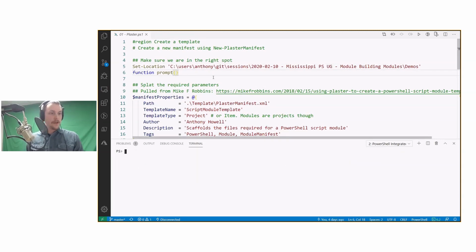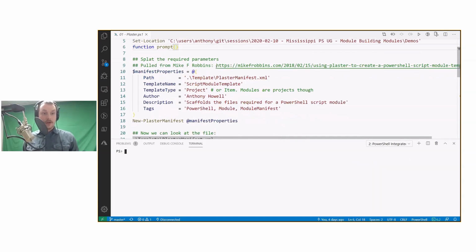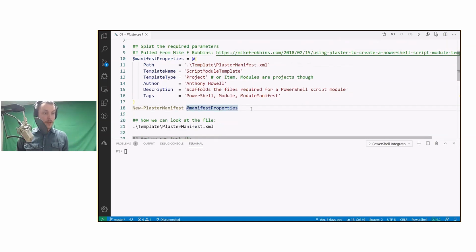Okay, so if you want a great blog post on starting with Plaster templates, Mike F. Robbins is the one that I started with. It's got a link here in the code. But to create a basic manifest, there's the New-PlasterManifest cmdlet, and it takes all of the metadata about